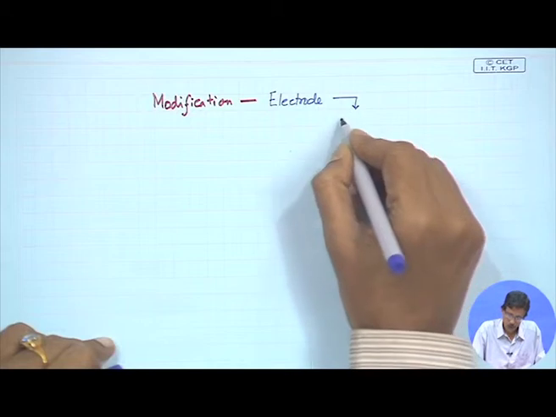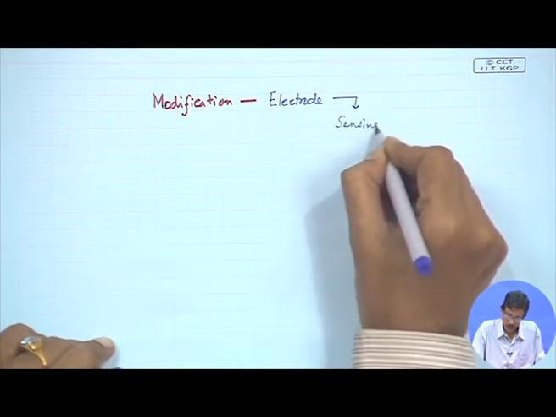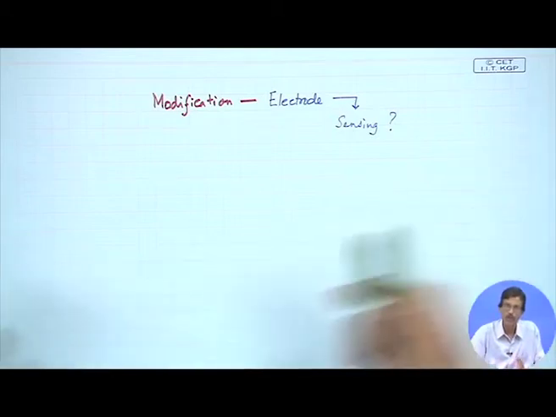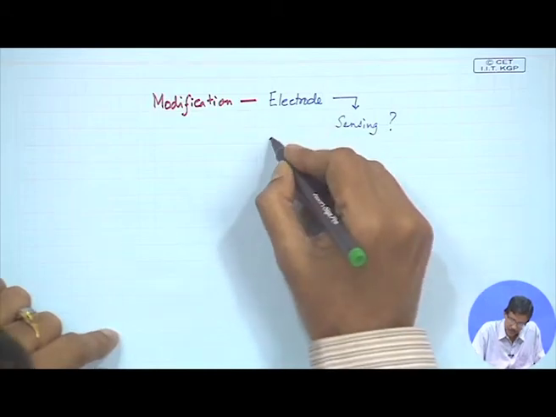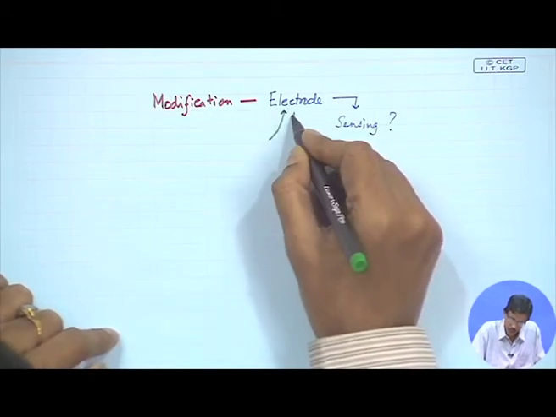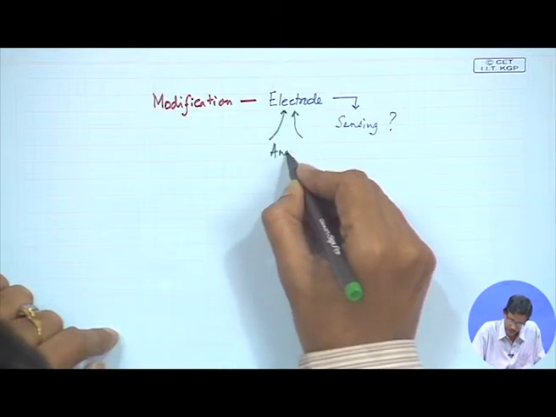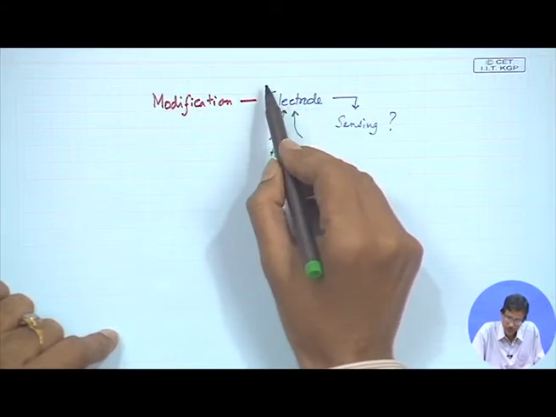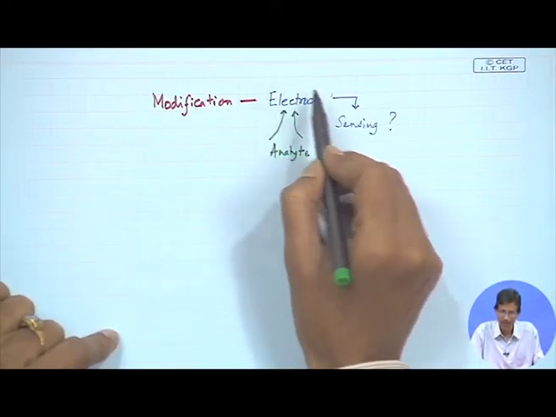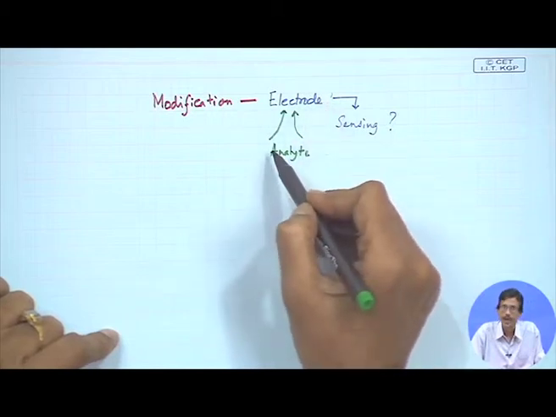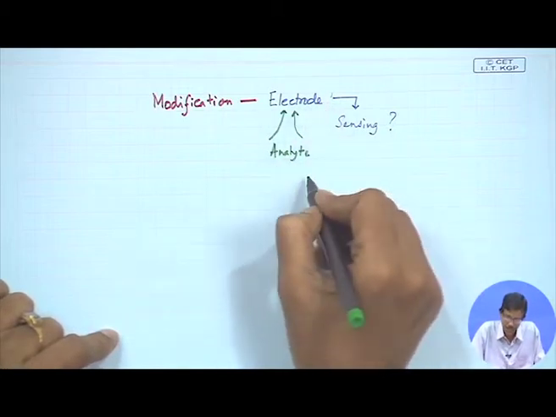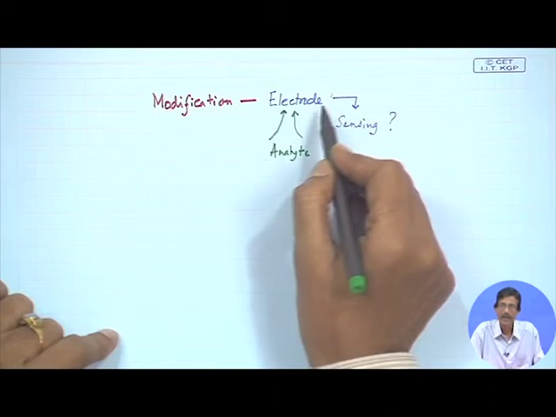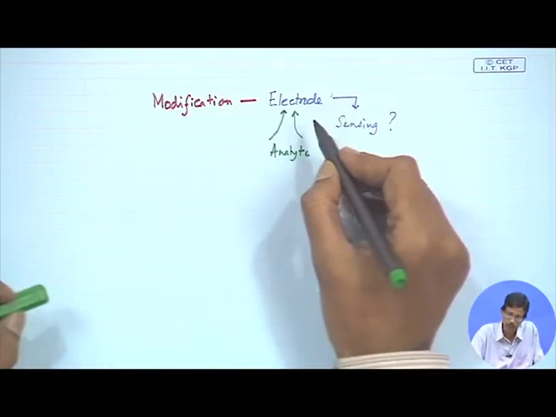can be useful for sensing something. That means, for sensing purposes, whether we can use those electrodes such that, as we have seen, something is reaching the electrode in terms of the corresponding analyte. So, when the analyte is reaching the electrode, and depending upon its nature, whether it is a cathode or an anode, we see the oxidation and the reduction of the corresponding analyte species, and we can get the corresponding potential for that particular purpose and the number of electrons or the Coulomb charge which is passing through that particular